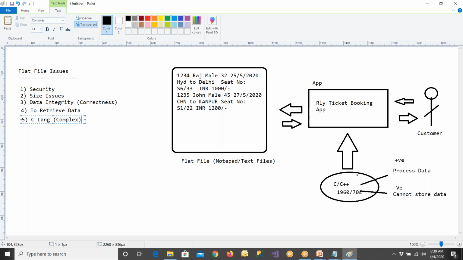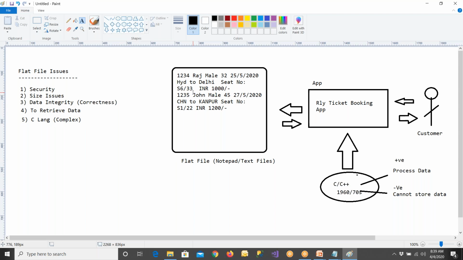If you try to learn C language today, it has a lot of features. Mainly it has concepts called pointers, double pointers, triple pointers, arrays of pointers, and a lot of other complex things are available. If you want to store the data, you need to write a lot of C language code. Even to retrieve the data, you need to write a lot of C language code. And this was very, very complex. A normal developer, a normal computer programmer, cannot handle this much complex programming. Clear? So this is also very, very complex.